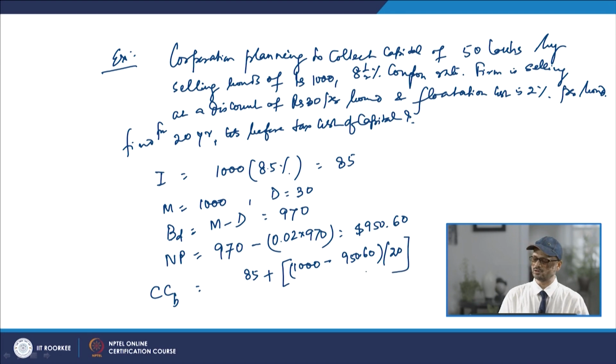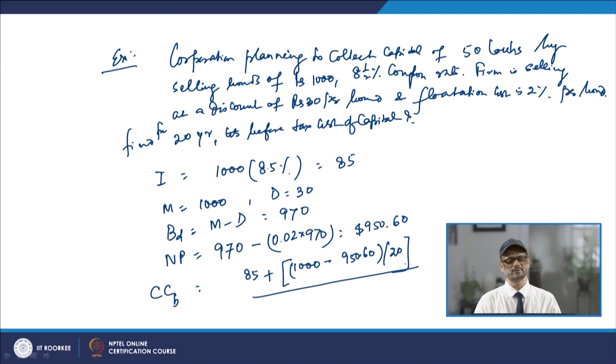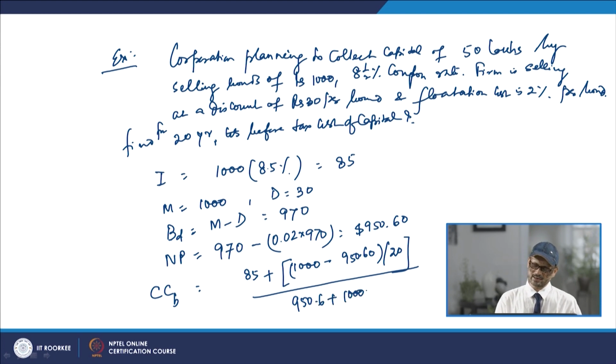So, that is the numerator, and then in the denominator you will have 950.6 and then 1000, the face value, so that M, and this divided by 2. So, what you get in this case is a value of